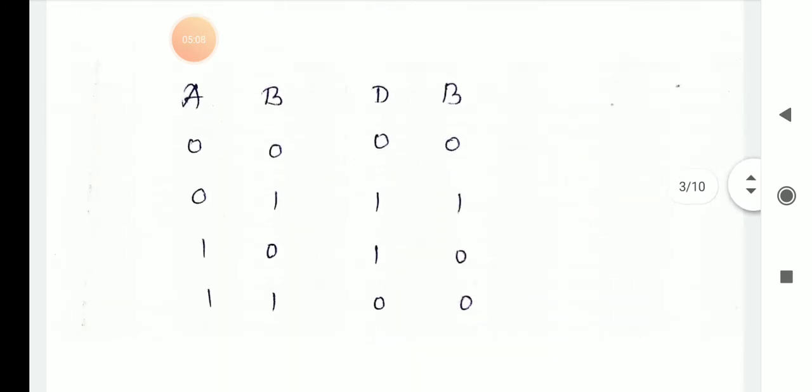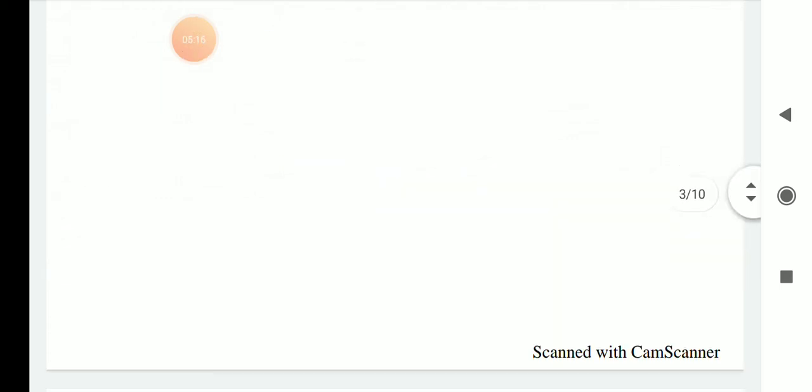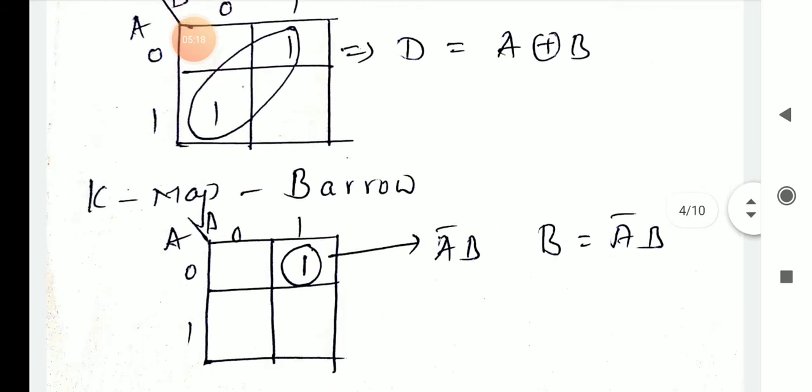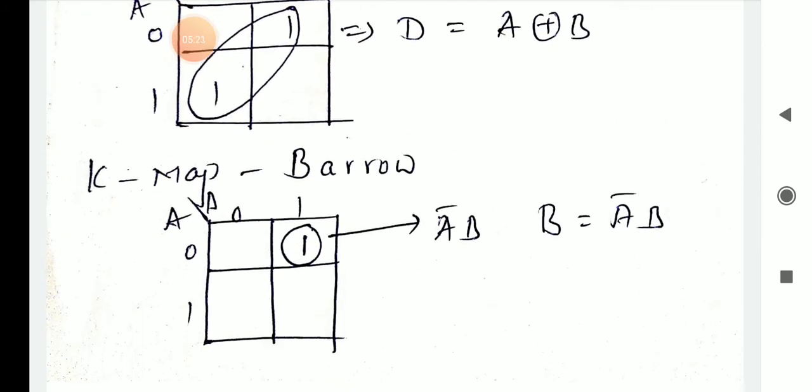So in that truth table of borrow, you are having only one 1. Here it is 1, where A is 0, B is 1 and borrow is 1. So go to the Karnaugh map. Here A is 0 and B is 1. So horizontally, 1 is there, so then you can place your 1 there. Only one 1 is there; you are not having any other ones. So then singly you can circle that one, and then you can write that expression.